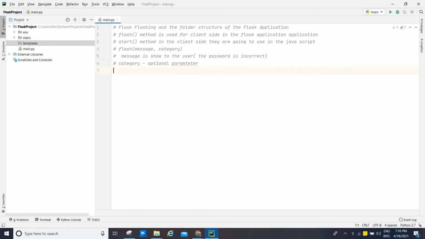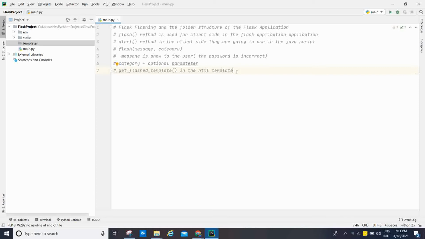The messages are generated in the Flask script using the flash method of the flask module. This message needs to be extracted in the template from the session. For this purpose, the method get_flashed_messages is called in the HTML template. To display this flash message we have to use get_flashed_messages in the HTML template.